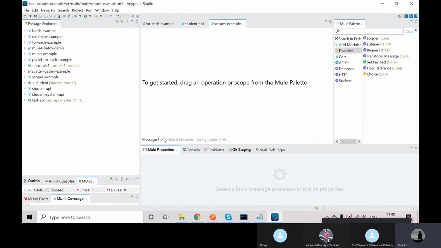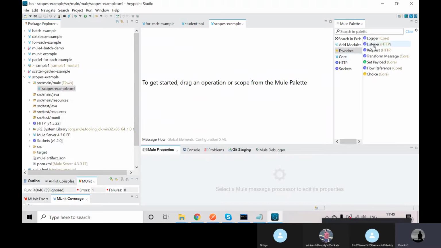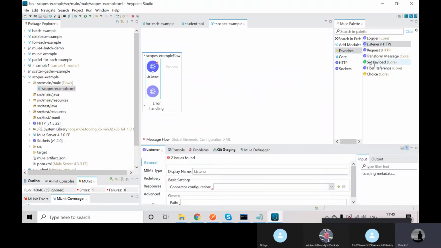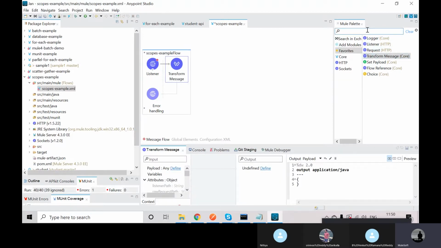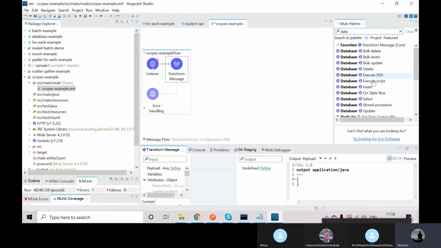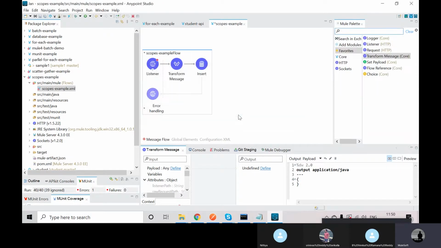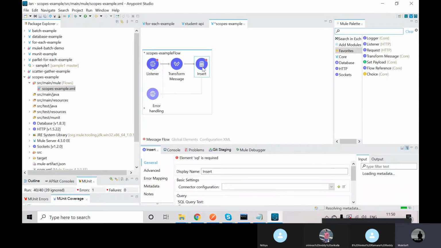So one is the HTTP listener. I'll drag the HTTP listener here, one more database component, and one more transform message. I'll use the insert operation in the database.